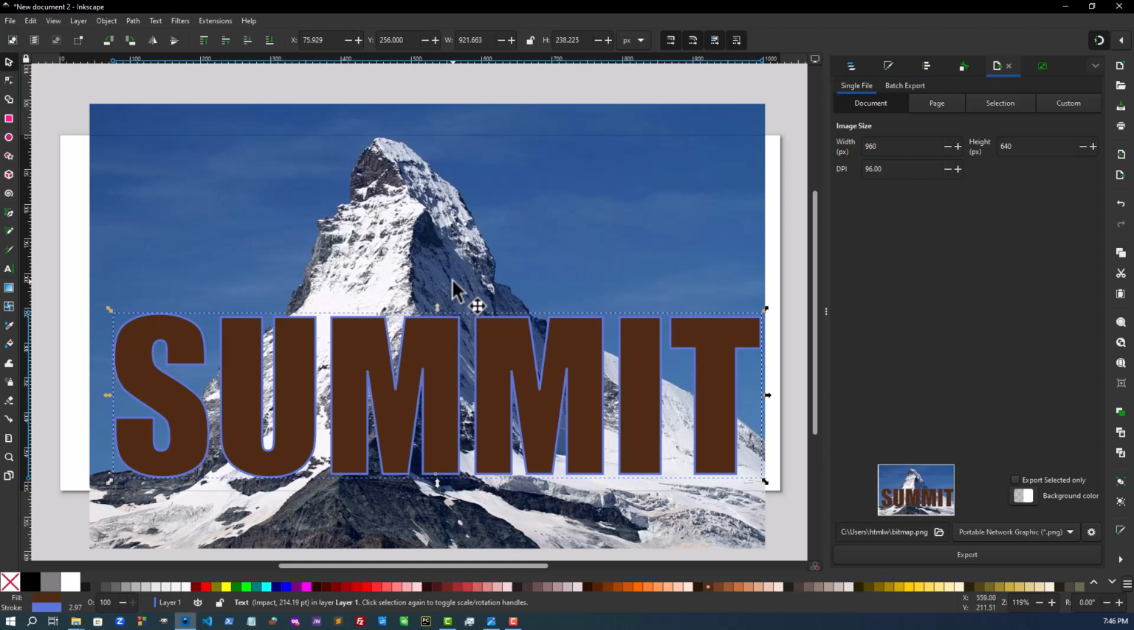Now, before we actually put the image inside the text, I want to make a copy of this text, because once you put the image in the text, you're not going to be able to see the stroke that's on it, and we want to put a stroke on our text. So we're going to make a copy of this word right now, and to do that, you just